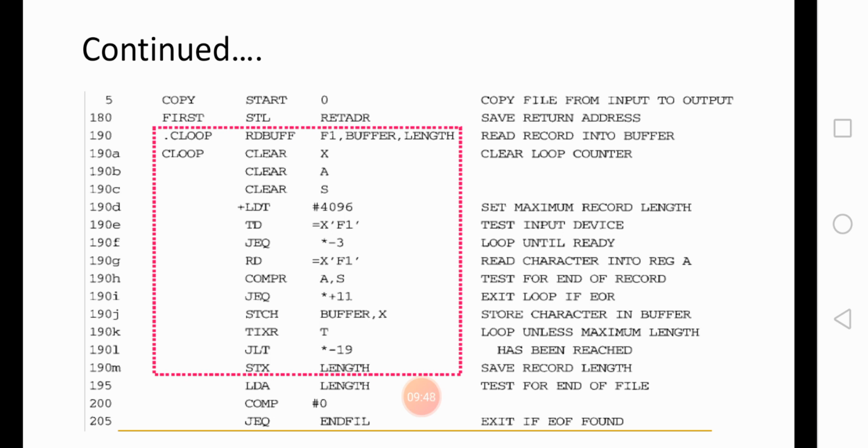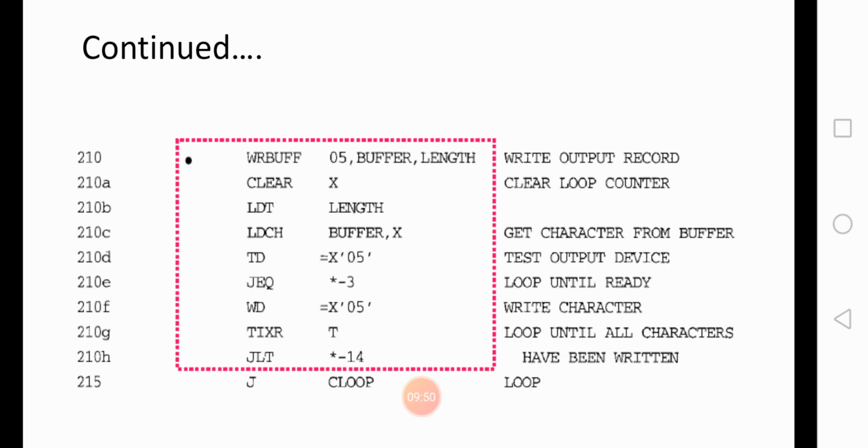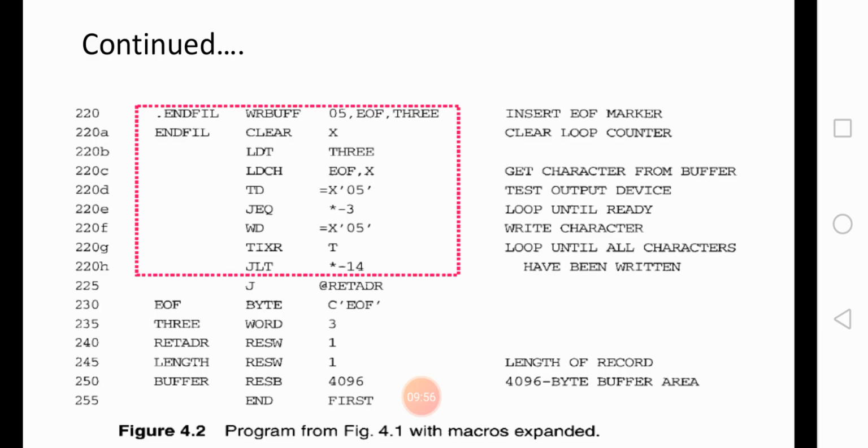Same thing, line numbers 210 to 220 are a complete expansion of the macro invocation. Then again, later 220A to 220H is the macro expansion of that particular macro invocation, and the same thing repeats here.